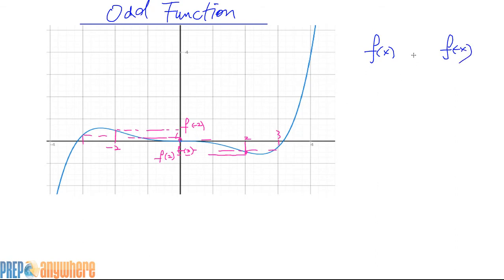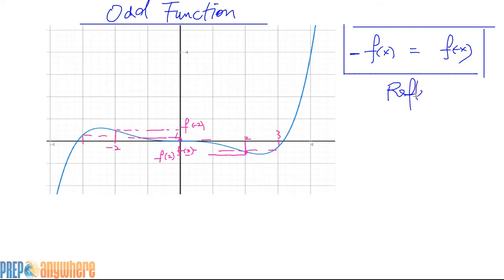What's happening here? When you plug in -x, does it equal f at x? No, they're opposite in value. So if you put a negative in front, they will be equal. Okay, so if you can show that a function does this, we say it's a reflection